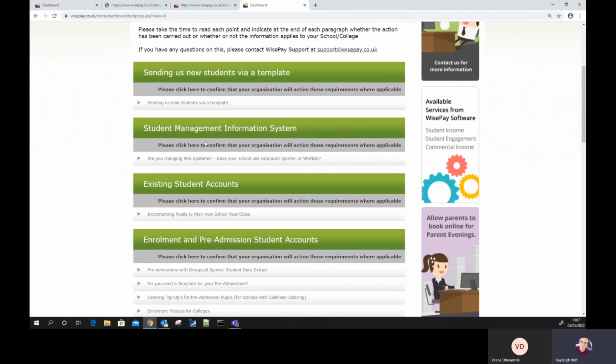Obviously, we have the student management information system. So if you do have an MIS and you're running your student data through Group Call Exporter or WAND, then please take note of this section here, and it will give you some information around moving your students up through the academic years. If you're changing MIS systems, then it's a really good article to read. We do need some sort of notification, about 2 weeks to a month prior to moving MIS systems, just so that we know